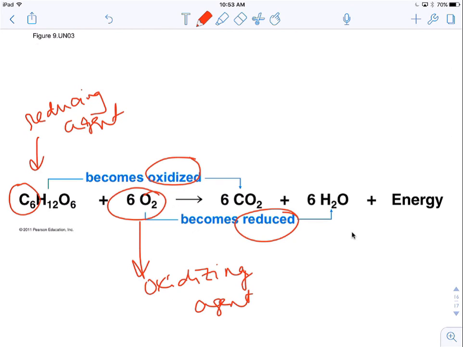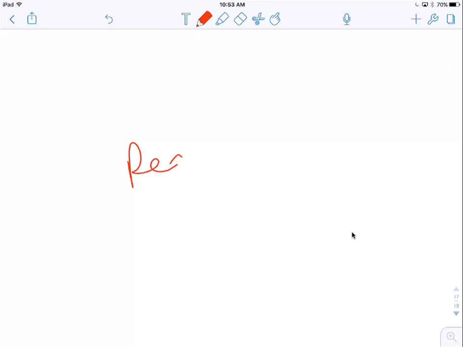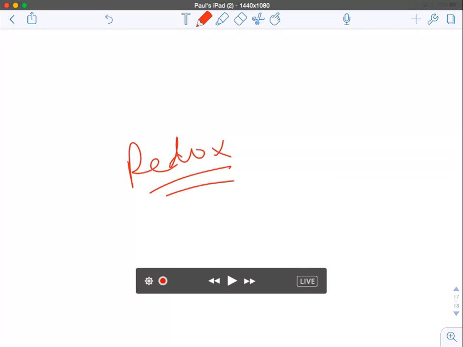Okay, so that sums up redox reactions. I am sure you're going to ask me about those in class because they are confusing, but we have to have a basic understanding before we can move forward. So that's it for redox reactions, and stay tuned for